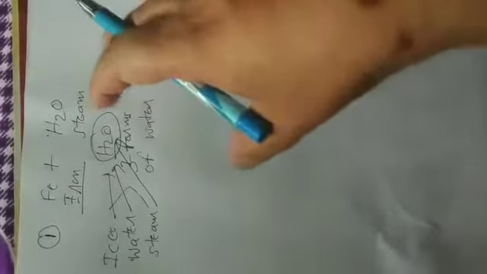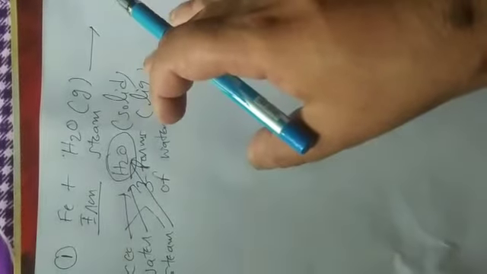The formula of ice is H2O. The formula of water is also H2O. Steam is also H2O, so H2O is the formula of steam. Steam is the gaseous form of H2O. Ice is the solid form of water. Water is the liquid form. Steam is the gas form.